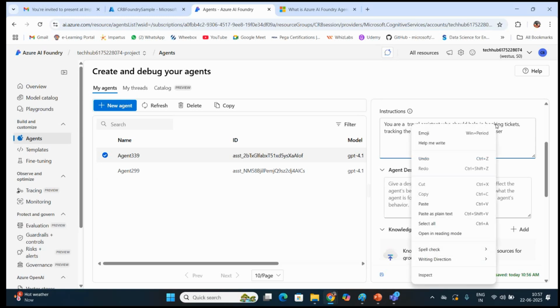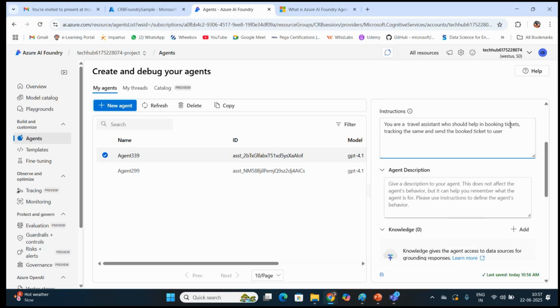Where it has to go and book the ticket is something we have to instruct. It should be made to ask whether you have to book an air ticket, train ticket, bus ticket or ship ticket. What kind of ticket you want is what you want your description to get added on.